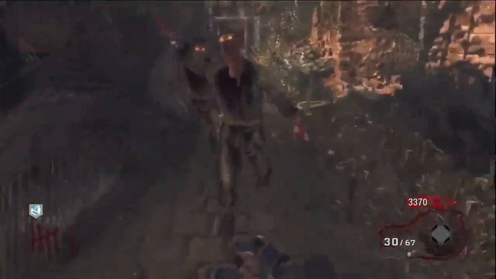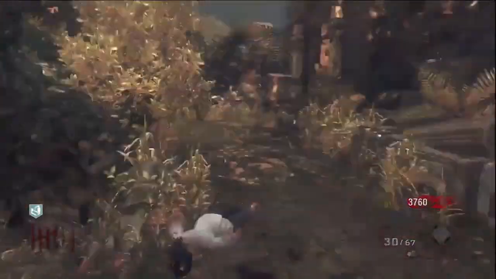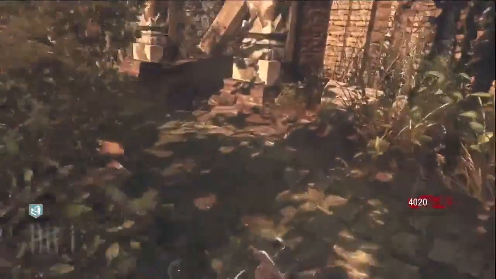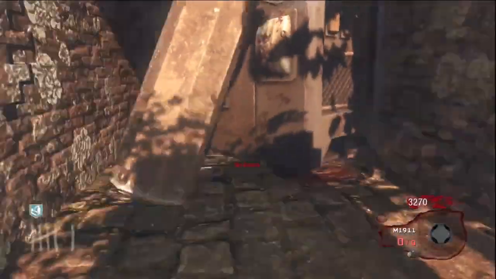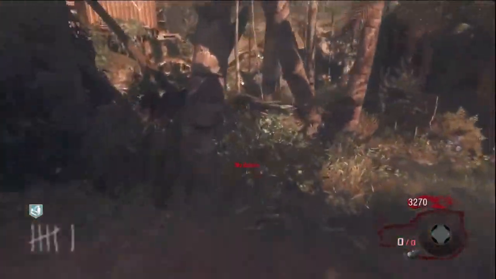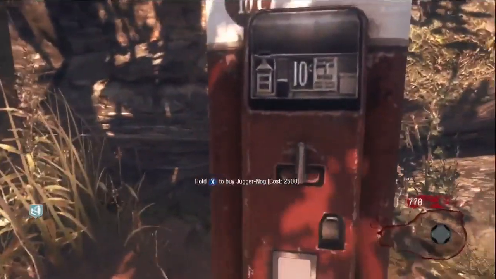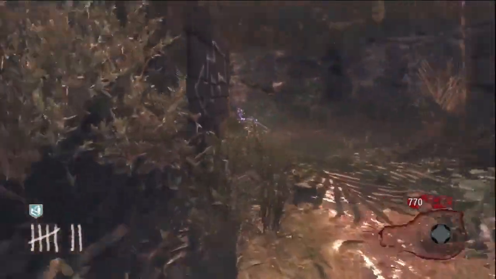Now there's another, they're not too bad, but the napalm zombies, or the fire zombies, they're the ones you want to be worried about. Even if you have Juggernog, they can down you pretty easily, so I'm going to be touching on that later in this video when you see some. I'm going to be telling you guys some effective ways to kill them. So here we are, we pick up Juggernog,